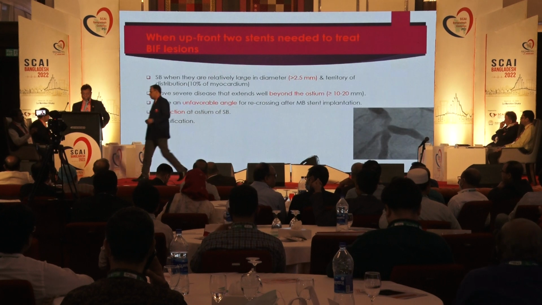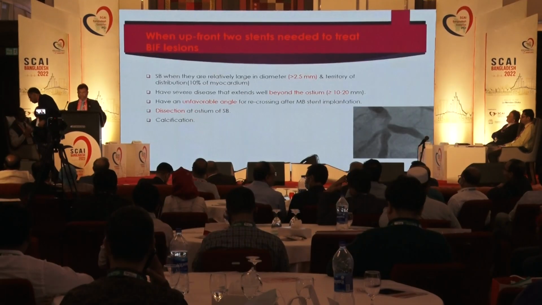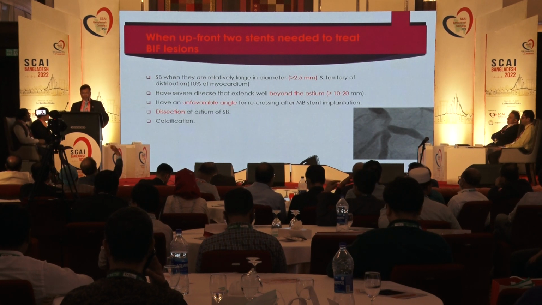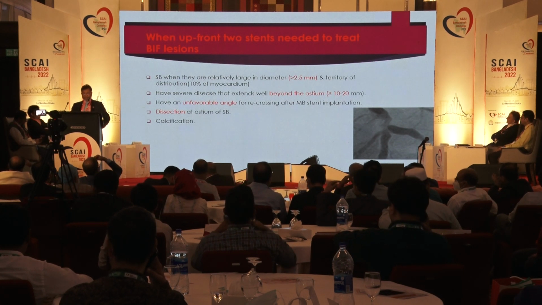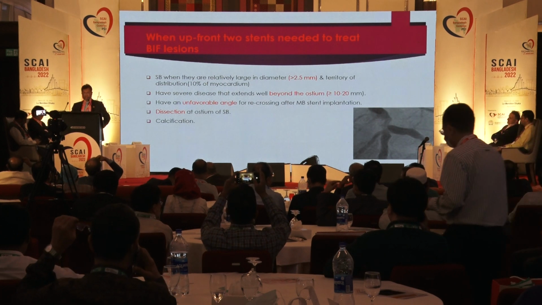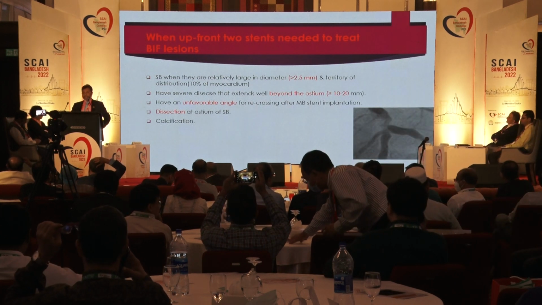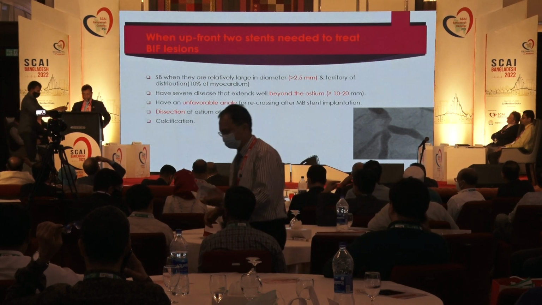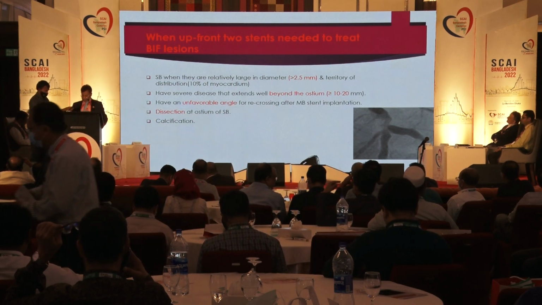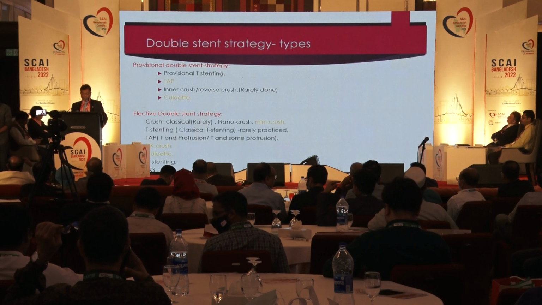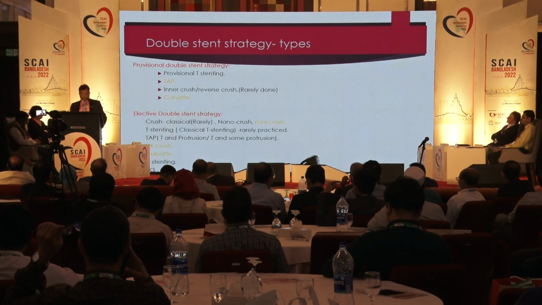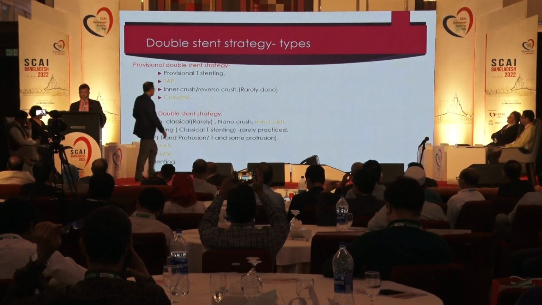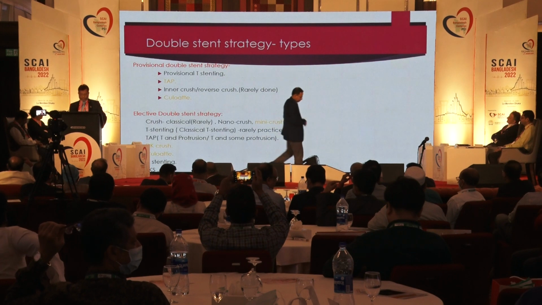also be done. And when upfront 2 stents are needed to treat a bifurcation lesion, if the side branch is more than 2.5 millimeter and the distribution is more than 10% of the myocardium, as well as lesion beyond the ostium 10 to 20 millimeter and unfavorable angle or dissection at the side branch ostium. And double stent strategy, there are several types. It may be provisional double stent strategy, it may be elective double stent strategy. Provisional double stent strategy usually